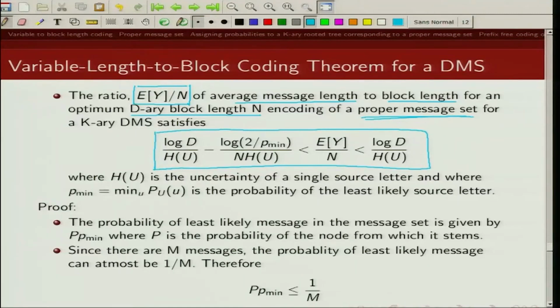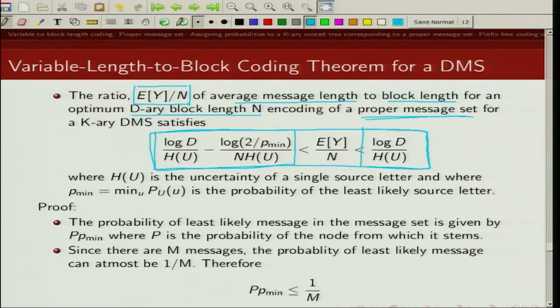Remember, we want this ratio n by expected value of Y to be as large as possible. So I am giving you bounds on expected value of Y given n for a proper message set. So this is lower bounded by this term and upper bounded by this term,